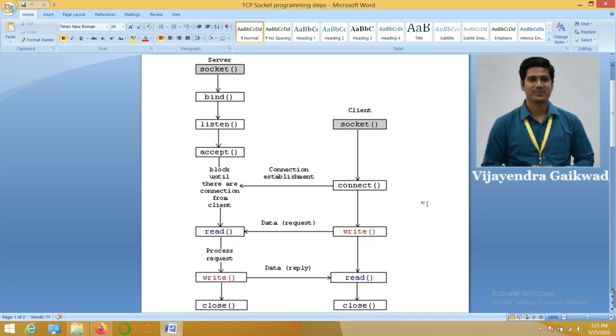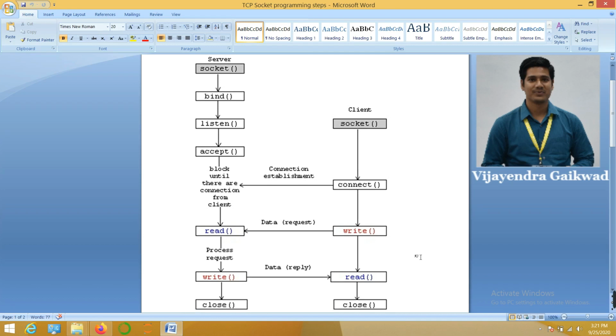For this, we are going to utilize the socket programming system calls available in C language. So without any ado, let us go on and see what exactly socket programming is and how server side and client side sockets are created.